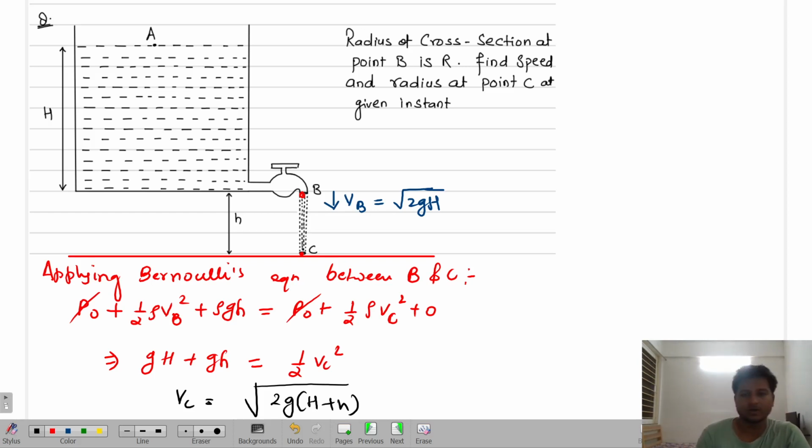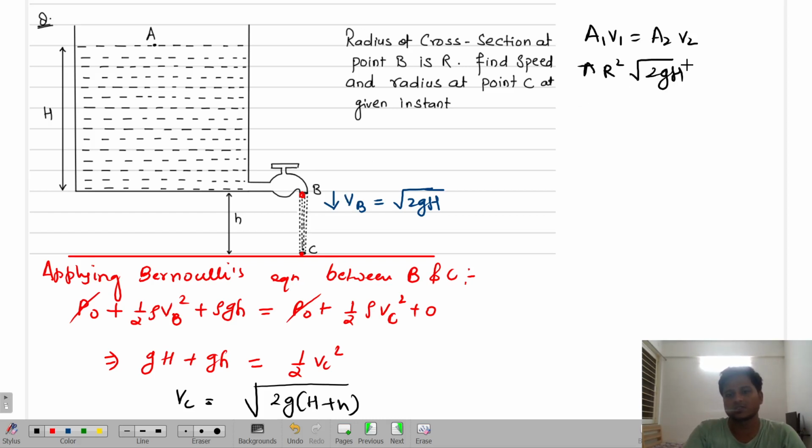Now what it is asking, as I know the radius, is simple: A1 V1 is equal to A2 V2. A1 is pi capital R square. V1 is known to us, root under twice g capital H. A2 I need to find. A2 means pi R dash square into V2, which is root under twice g capital H plus small h, isn't it? So pi got cancelled. R square